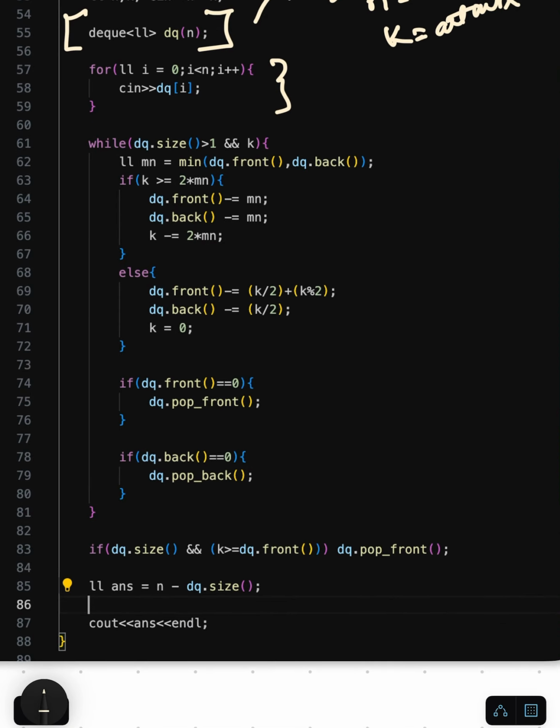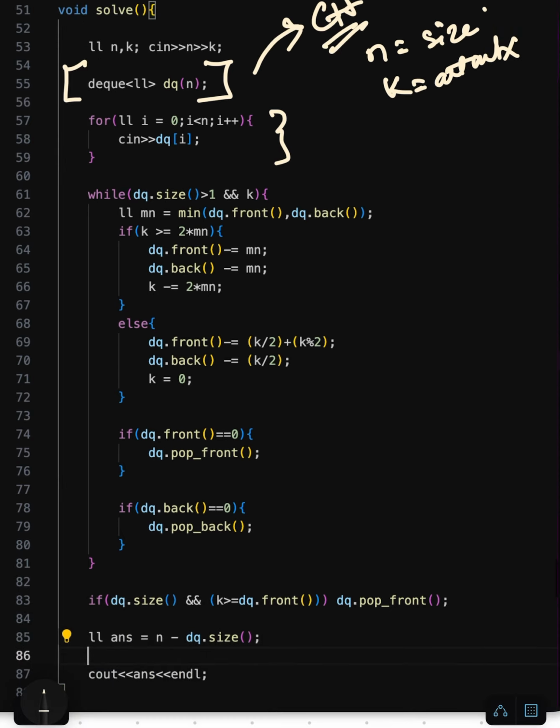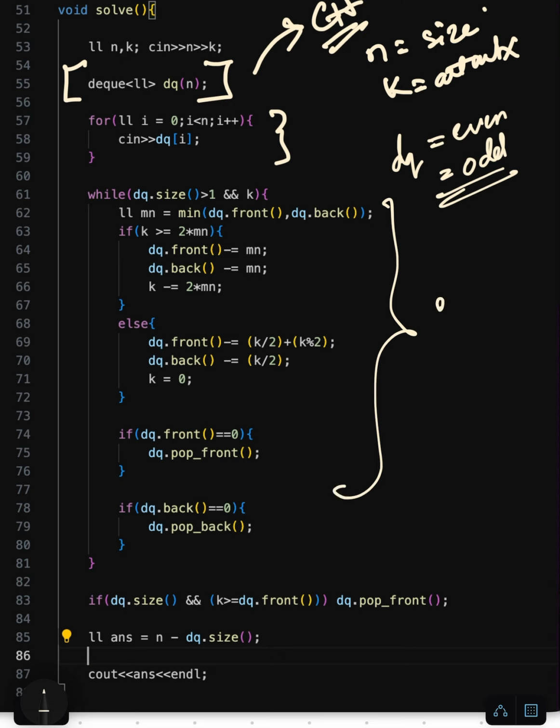So now the interesting part here is we'll keep a check on dq size is greater than 1. So again, the dq size can be even or odd, right? It can be even or odd. So what does this mean? Whatever logic we thought of, we are considering this for the even values only, even values of dq, right? So if the dq size is greater than 1 and there exists some value of k,